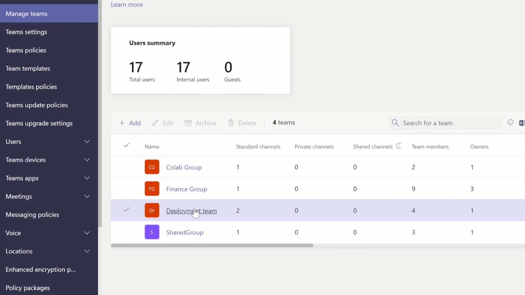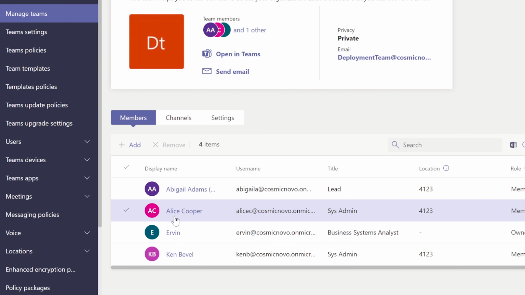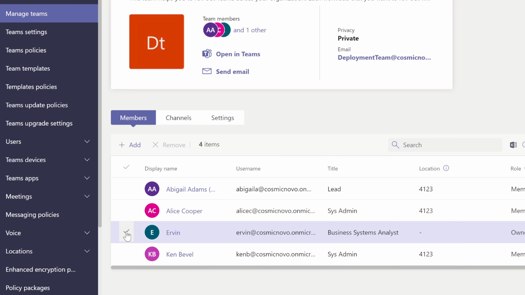We're going to check to see if everything went through for the deployment team, and we can check the members. Here they are. Alice, Abigail, and Ken are in there as well. So that's great, and they're listed as members, and Irvin is listed as the owner. That's perfectly fine. That means they can use Teams to do communications,